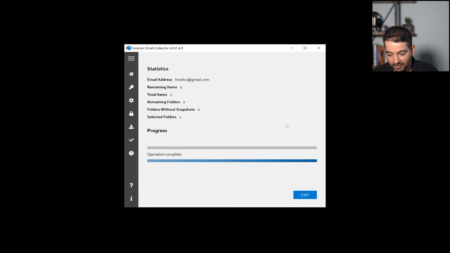But now let's backtrack for a second. So remember I said that these access tokens are only good for about an hour. So that really puts us in a bind sometimes. If you're in a law enforcement type scenario, for example, and you have a suspect's phone and you want to leverage an access token there to gain access to their emails, and with legal authority, of course, then what you could do is